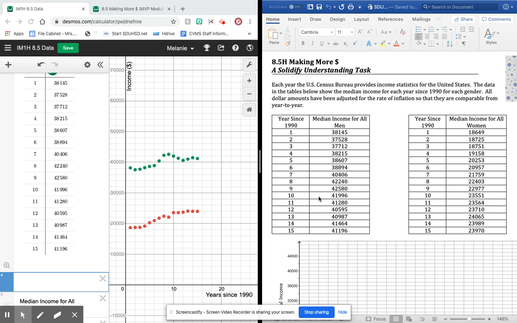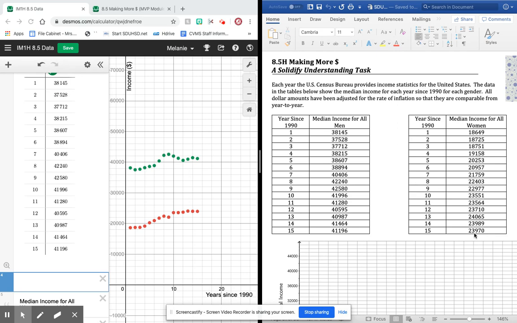Census Bureau provides income statistics for the United States. The data in the tables below show the median income for each year since 1990 for each gender. All the dollar amounts have been adjusted for the rate of inflation so that they are comparable from year to year. So here you have a table. It has years 1990 all the way through 2005. The median income for men starting at 38,000 going to 41,000. Here you have a table showing all the years from 1990 to 2005 with their median income starting at 18,000,